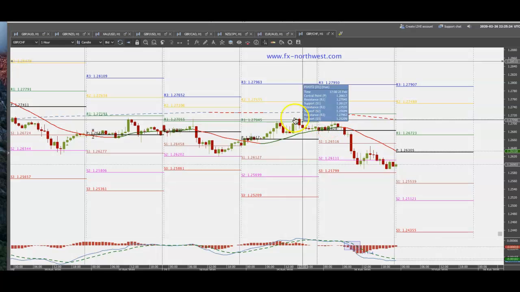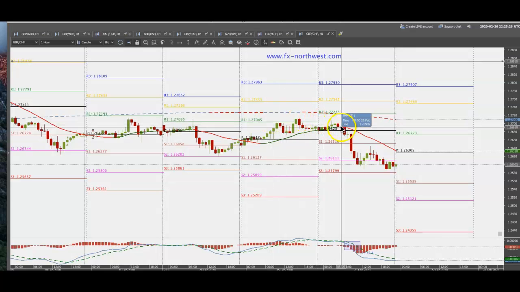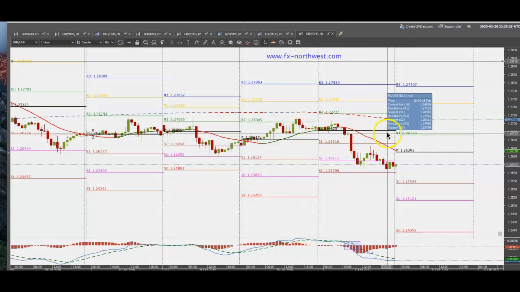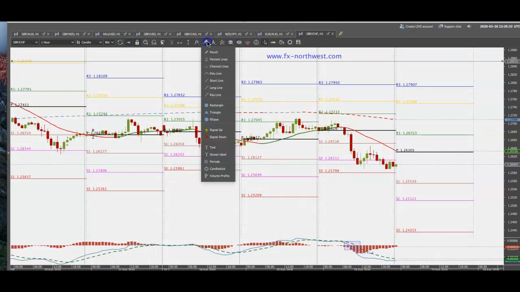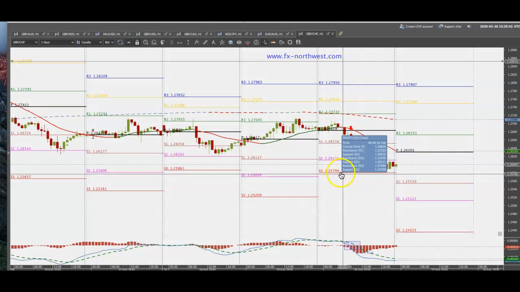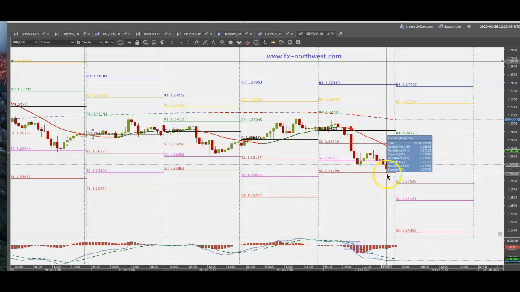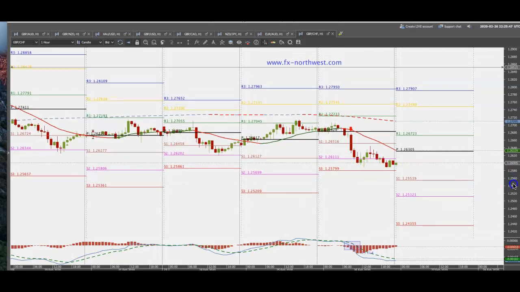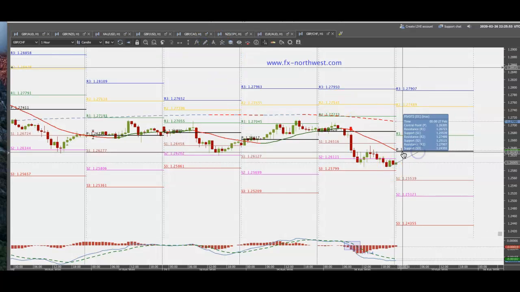Price was below it. Price broke below the 21 moving average line, closed below the central pivot point. That was my trigger right there. Okay, so that was my trade. And then of course you're looking for support levels to exit a trade, anywhere from S2, S3, and then we come into another day. Now most likely price will retrace up to the central pivot point again